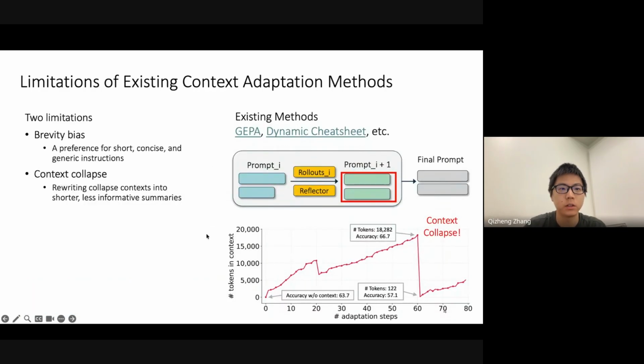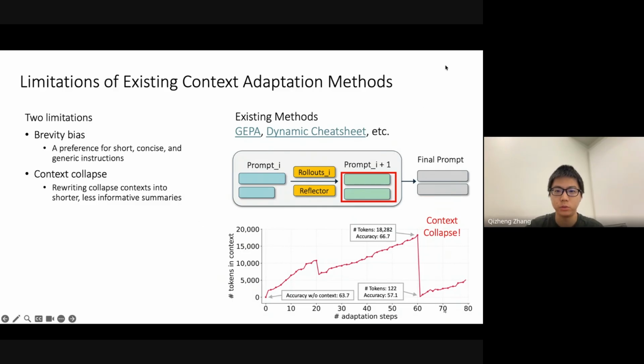The first one we call brevity bias. Most prompt optimizers have a built-in preference for short and concise instructions. In practice, they keep throwing away exactly the stuff that matters to AI agents, like domain-specific heuristics, tricks, experience takeaways on how to use tools, and failure modes we saw in the past. And then we would end up with a prompt that says something generic and concise, like "write good tests", while the agent actually needs very specific lessons.